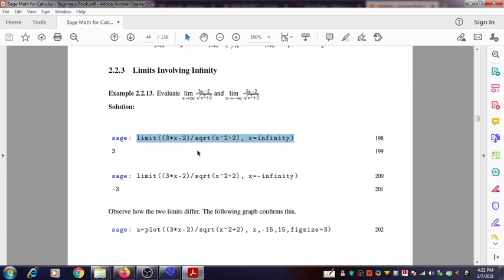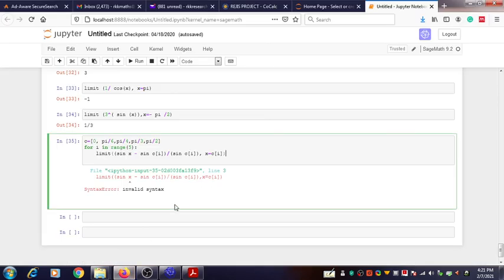It will not accept that symbol. So you have to type it in this way. Limit, and then the function whose limit you have to find, and then comma x equal to infinity. So we are going to copy and paste it in the